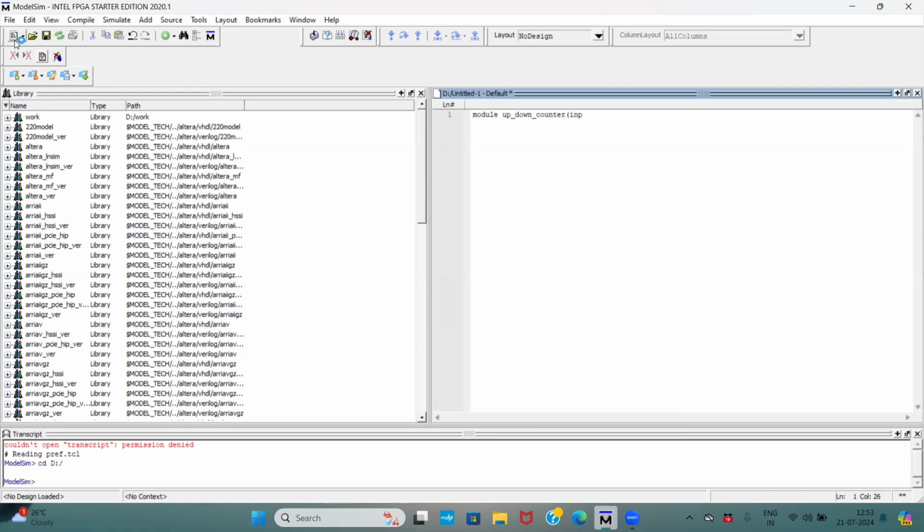Now, I am declaring the input and output ports. Reset, clock. Here I am taking two pins, up and down. Now, when it comes to the output pins, output reg, here we are using a 4-bit counter. So I am declaring output reg [3:0] out, 4-bit out. Okay. Now,